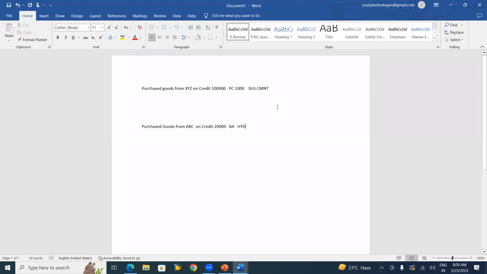Okay. So here in the new version, in the transaction, whatever invoice we receive, from whom is the vendor, who is the supplier, and for which profit center we have purchased, this segment will be linked to the profit center. So automatically what happens is when we post an entry,